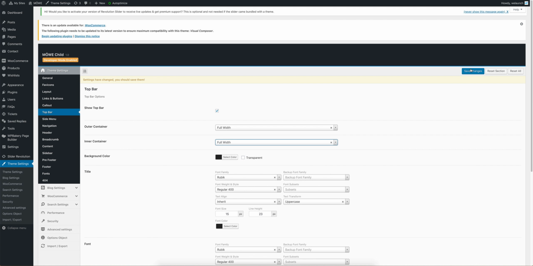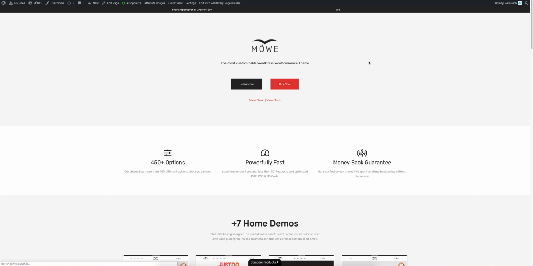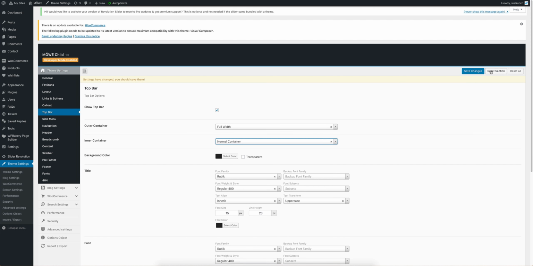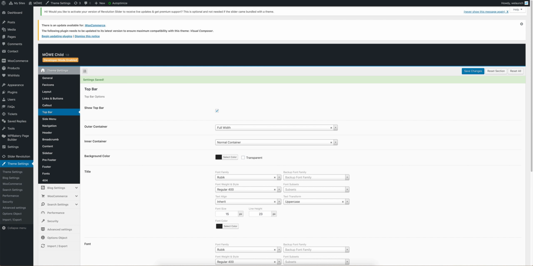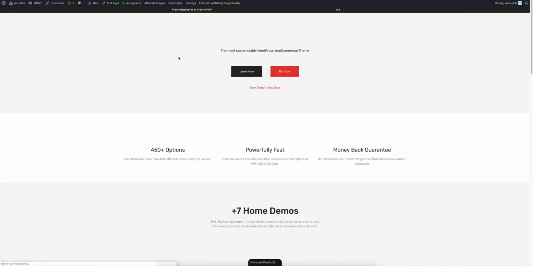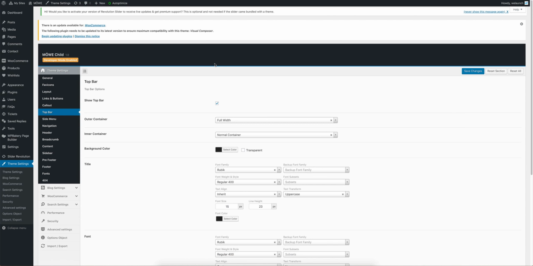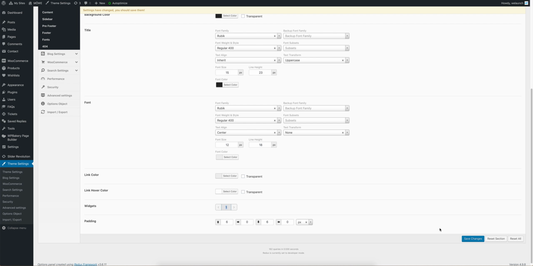Now I can also show you how it will look with full width. As you can see, it has become much larger than before, but it's not in the grid of the website anymore, so I will change it back. And yeah, it's looking better now. I'm also going to change it back to one widget,